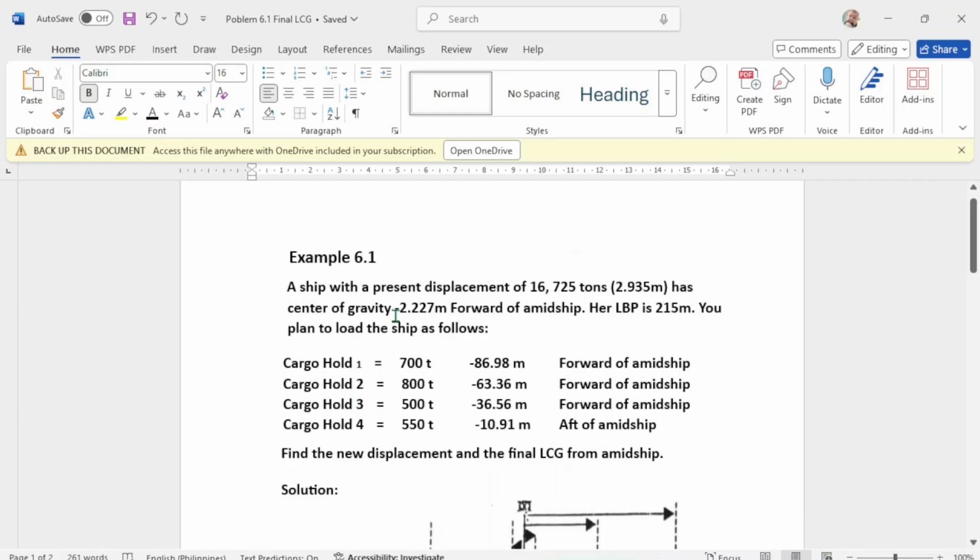A ship with a present displacement of 16,725 tons, and this displacement is equivalent to a draft of 2.935 meters. This is a Panamax vessel. So let's check, guys.